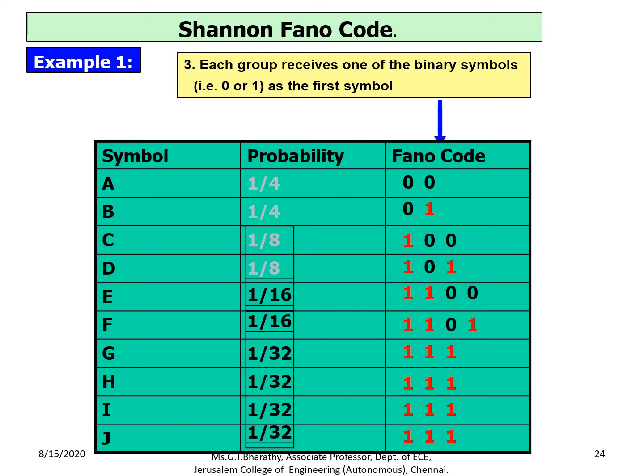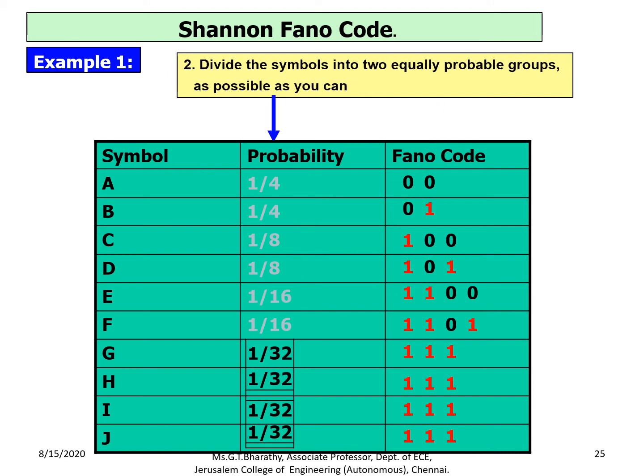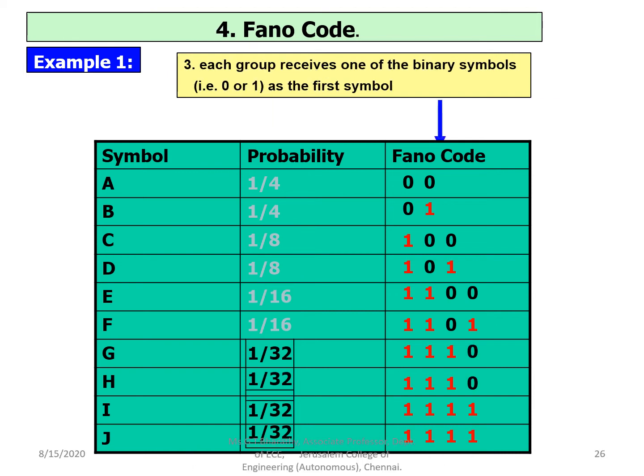So how will you equally split? You have to put a split here. You combine 1 by 32, 1 by 32, and you combine these two 1 by 32, giving the top half and the bottom half. So you are splitting equally here. To the top portion you are giving 0 0, and for the bottom portion you are giving the value 1 and 1. Now what are we left with?